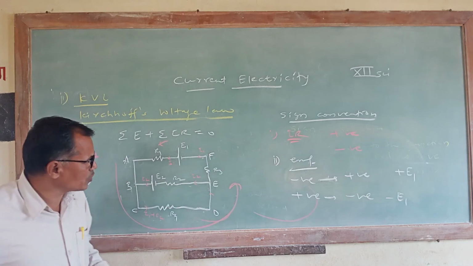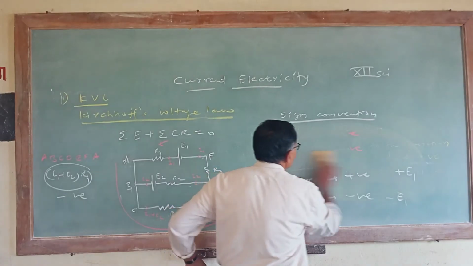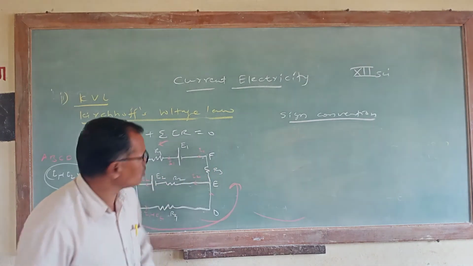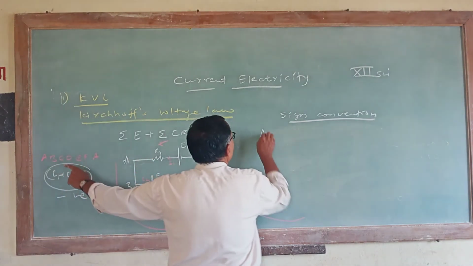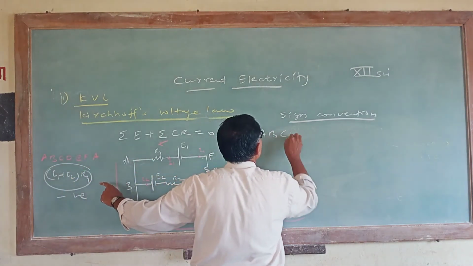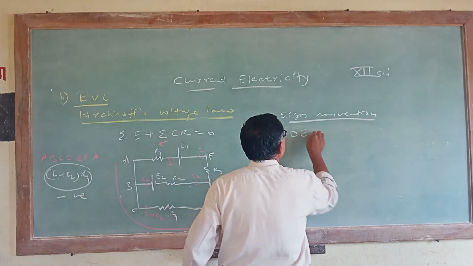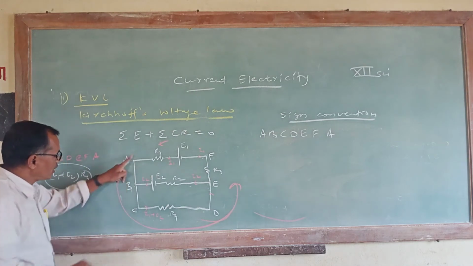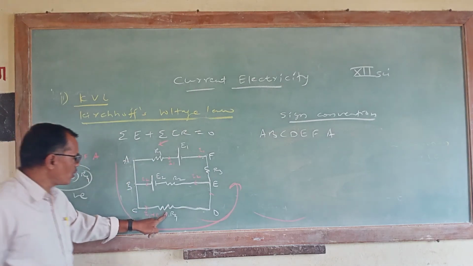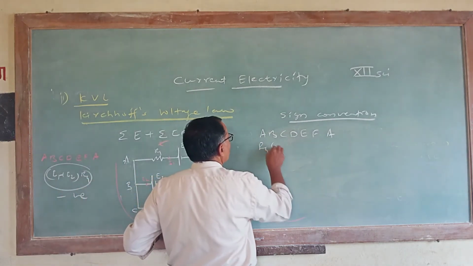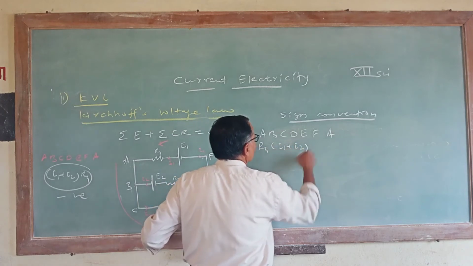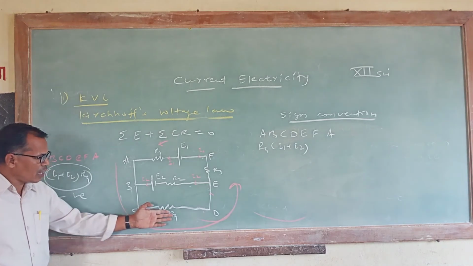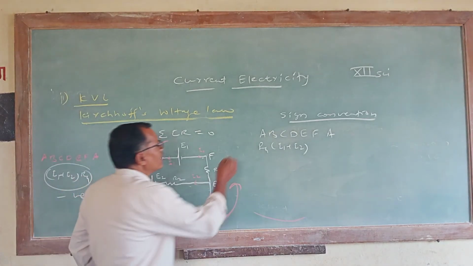Correct? I will show it once again for this loop. We will use Kirchhoff's law for the loop A, B, C, D, E, F, A. A is our starting point. From A we reach here. Now consider the product R4 times (I1 plus I2). The direction of the loop and the direction of current in R4 are the same, so the product is negative.